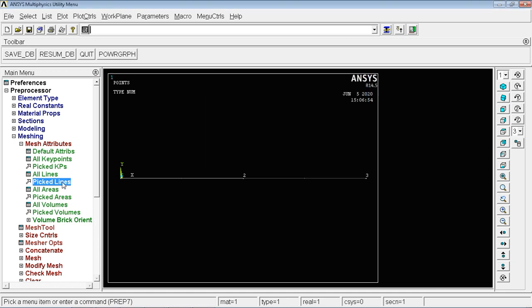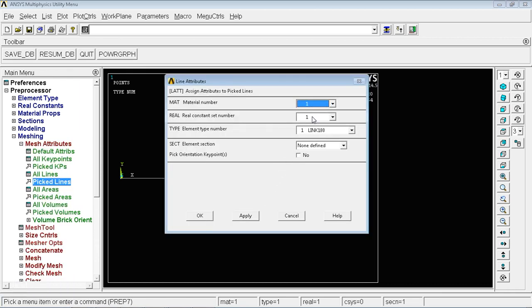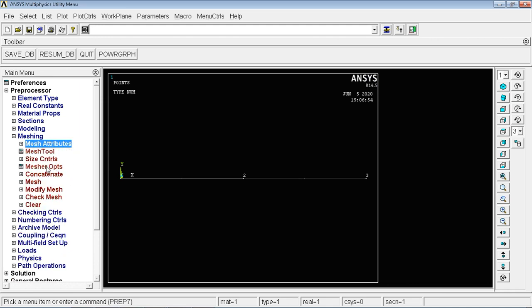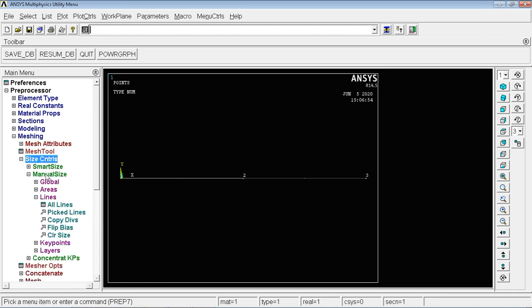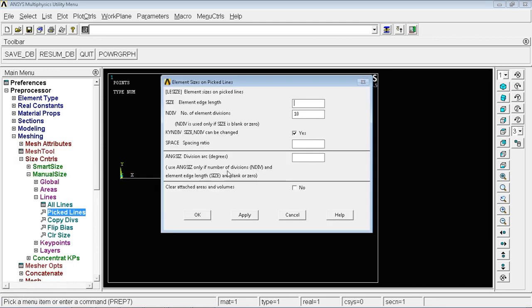Next, again pick lines. I'll pick the second line. Here the material number is 1, but the real constant is 2. We are given the second area, that is 625 millimeter square. I'll click on OK. Next, after mesh attributes, I'll go for size control, manual size, lines, pick lines. I'll pick both the lines. Here I'll give the number of element divisions as 10.